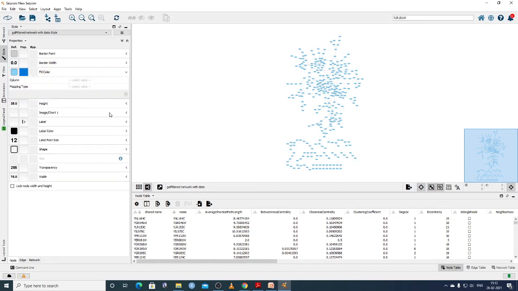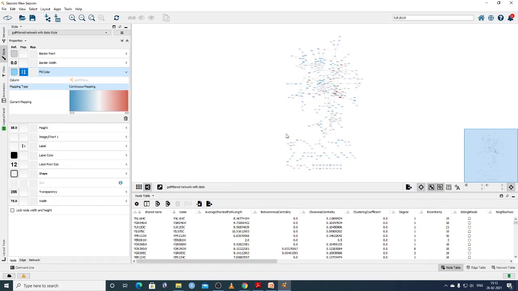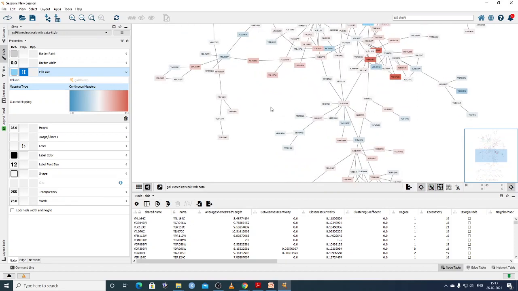So let us select it here. If you select the middle panel here, there is no mapping still. Let us select color, so which one do we want to select? GAL80R. So this is GAL80R. Mapping type, continuous mapping: if you select, you can see here color has changed.